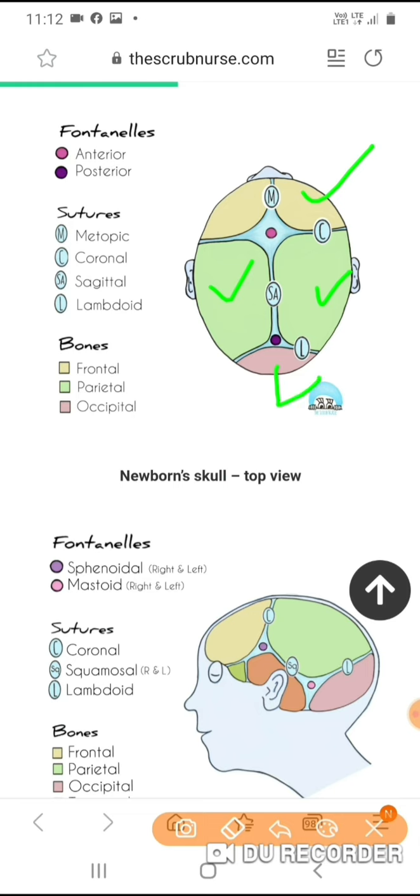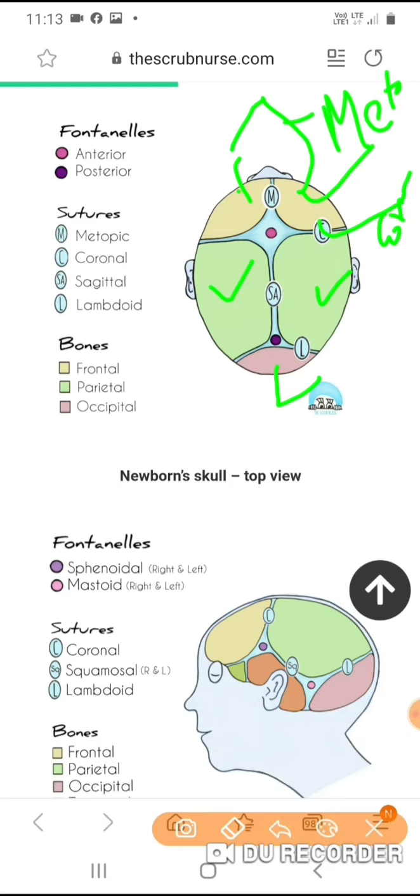So these are the bones of the skull, and two frontal bones, this one and this one, they meet each other by a suture that is known as metopic suture. And there is one another suture that is known as coronal suture. This one is your coronal suture, and